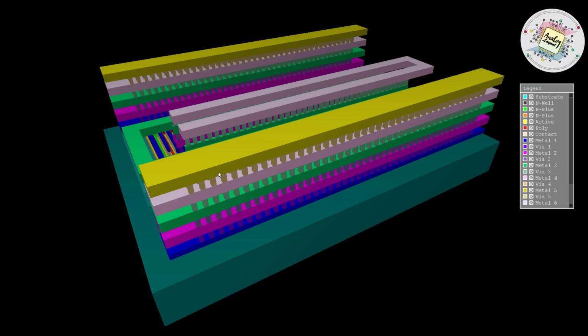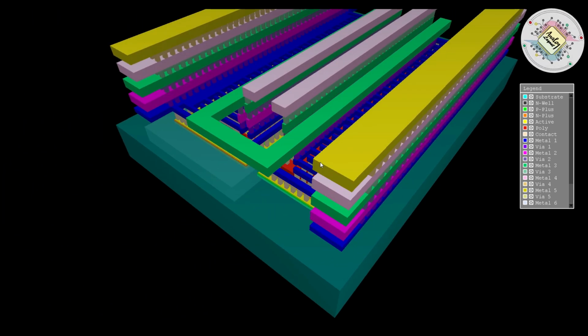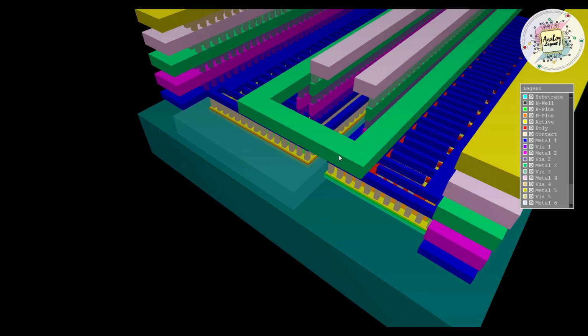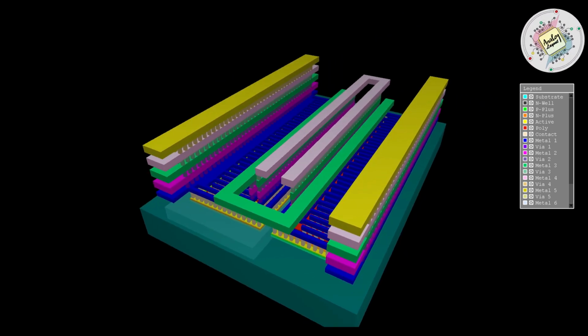Whatever you see, this is our base level layer, and then this is our M1 layer, M1 to M2 via M2 metal, M2 to M3 via M3 metal, M3 to M4 via and M4 metal, M4 to M5 via and M5 metal. So on, up to the maximum limit I have, I am able to fabricate those metals in the same etching process and same lithography process. Okay, fine.